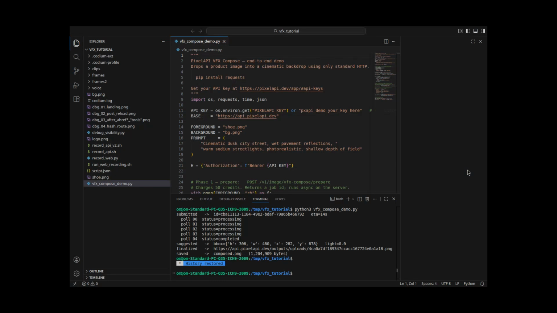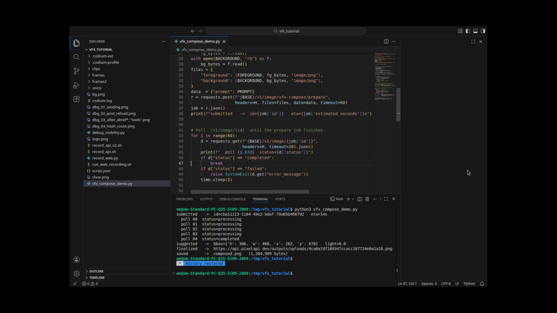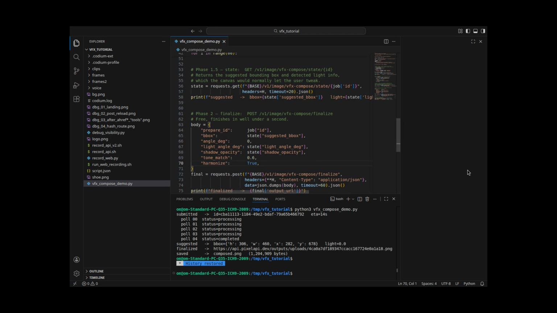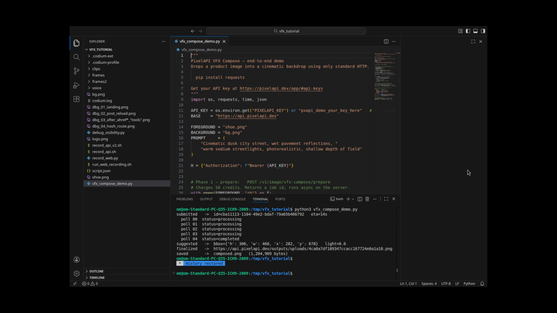Now let's run the same flow from code. Here is a Python script using only the standard request library, no SDK, just plain HTTP. First, we read the foreground image and post it to /v1/image/vfx-compose/prepare. With the prompt, we get back a job ID, then poll